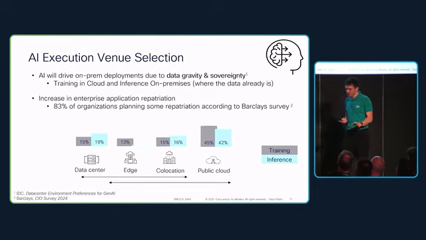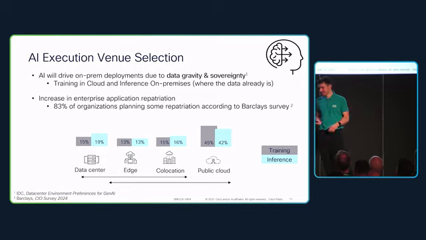There's a couple of, let's say more kind of Gartner marketing slides here. This isn't a marketing session, but I want to maybe get a couple of points across. There is a big move through repatriation, specifically in relation to AI, because of that previously mentioned point of data gravity. There's just a lot of data on premise. And sovereignty. So I work particularly with the public sector. They're very concerned potentially about having disagreements with other governments, and the other governments turning off the tap and not letting them have access to the latest and greatest AI models.